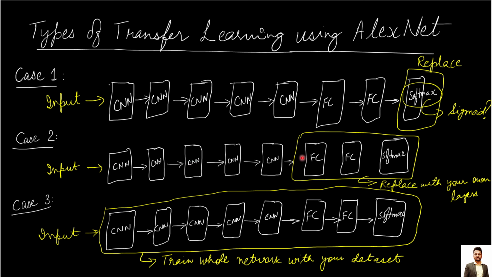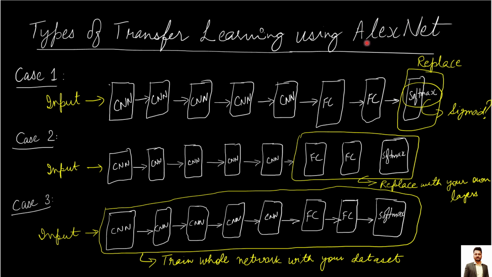The second method is that we can design our own model, and we can add maybe multiple CNN layers, or maybe connect it to any other model. So just using the initial and the middle layers and then adding our own layers in the end is valid for case 2. In case 3, all of the model was kept the same, but we trained it fully with our own dataset. We did not keep any layer as it is, we trained all the layers.